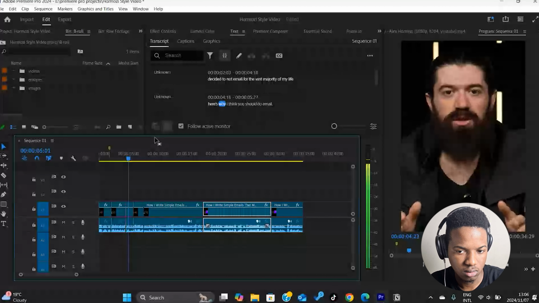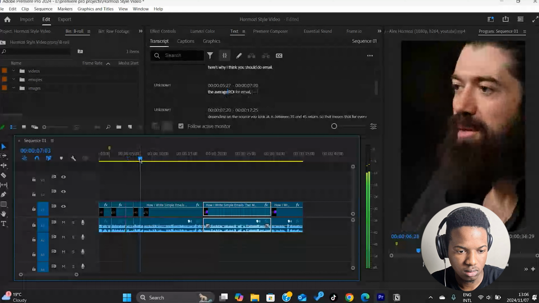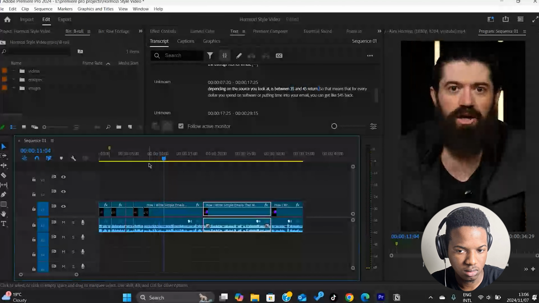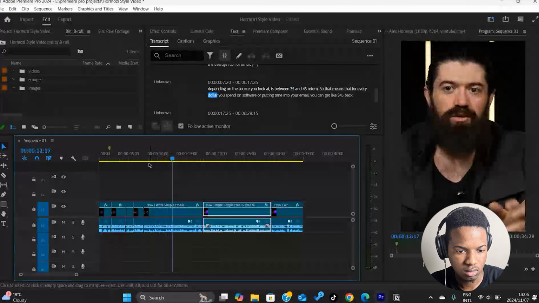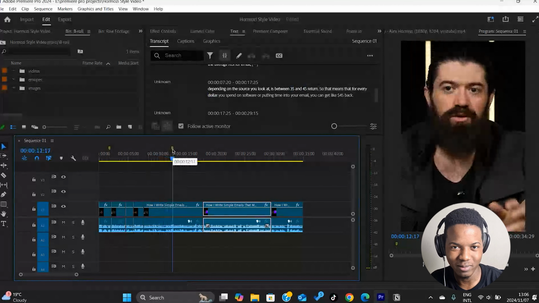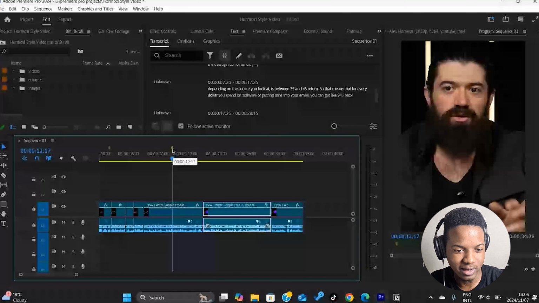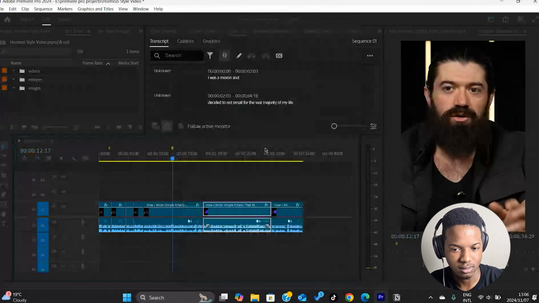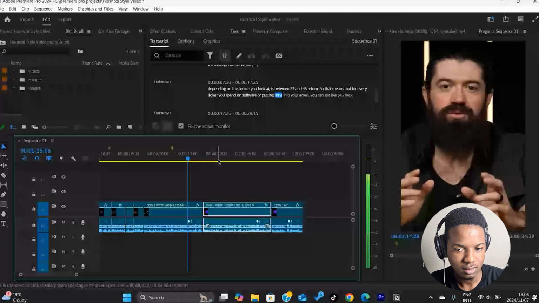The average ROI for email, depending on the source you look at, is between 35 and 45 return. So that means that for every dollar. Yep, over here we're definitely going to do that. If you're thinking what I'm thinking, we're putting a dollar over here, like we're going to have a dollar bill. You spend on software or putting time into your email, you can get like 40